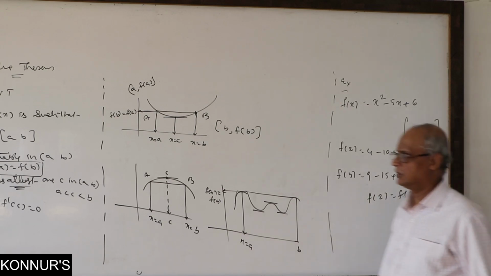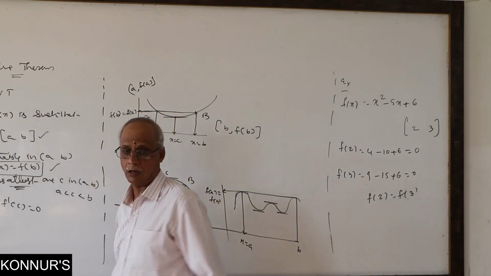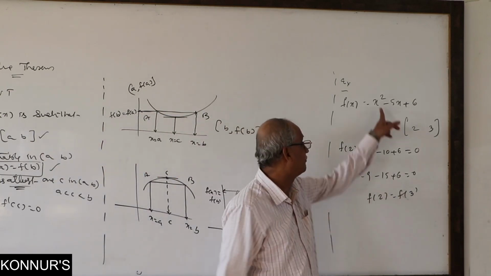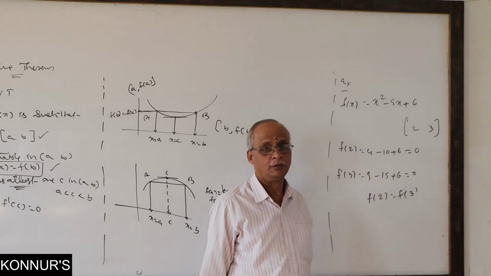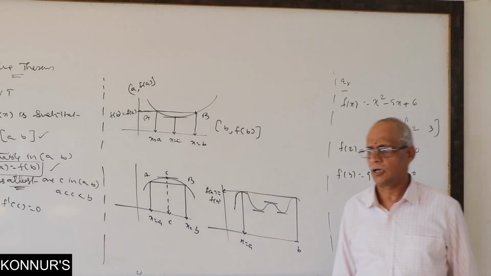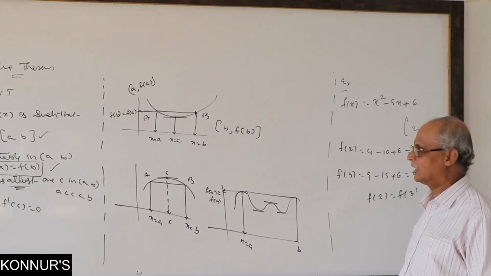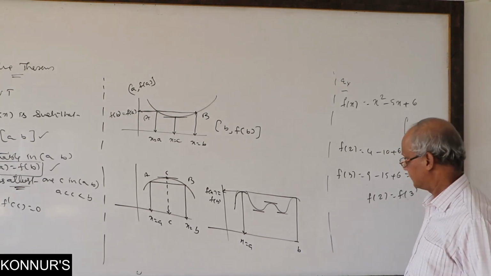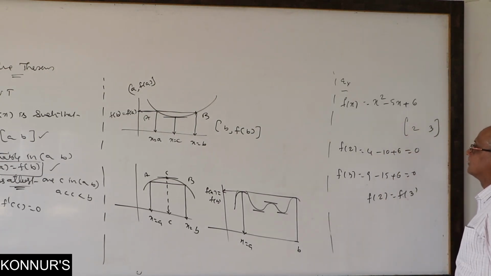Correct? This is satisfied. But I said it is continuous. How can we say it is continuous? Quadratic, polynomial, parabola. Every quadratic represents a parabola. A parabola is definitely a continuous function. Every polynomial is continuous. You write linear, second degree, third degree, 20 degree, anything. Hence, in general, every polynomial is continuous. So it must be a parabola only, continuous. Very good. Continuity over, second condition over.